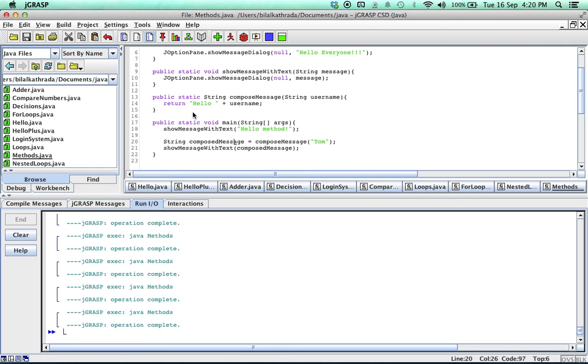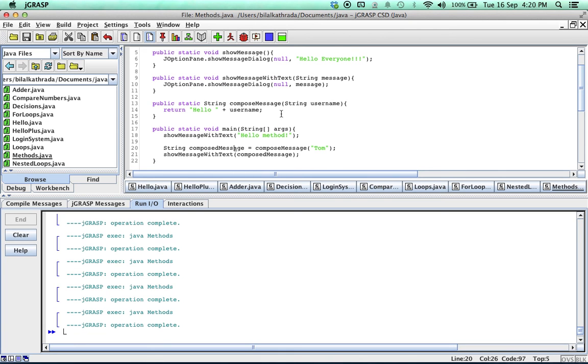The keyword return simply says that this method is now sending back this information. Now this information is sent back to wherever it's called from. So if we call it from line 20, compose message, we send off the information Tom. The information is processed here in the method, and then it's stored into this variable composed message. So this is how it works with methods. Remember, methods will simply sit there and do nothing